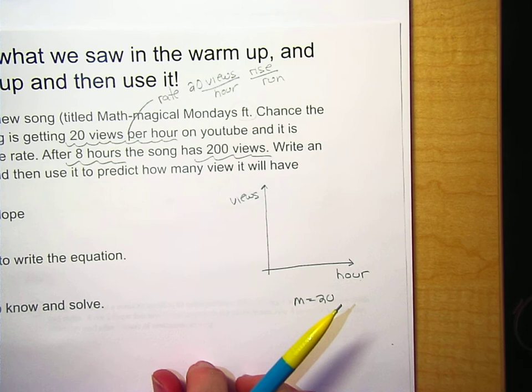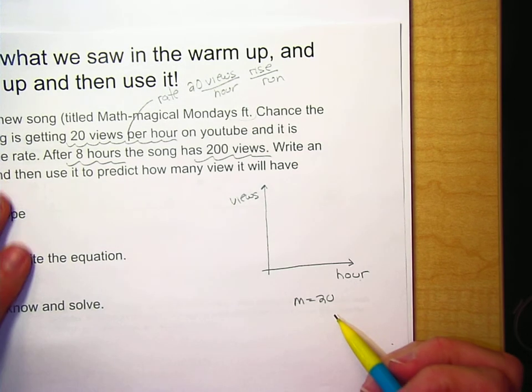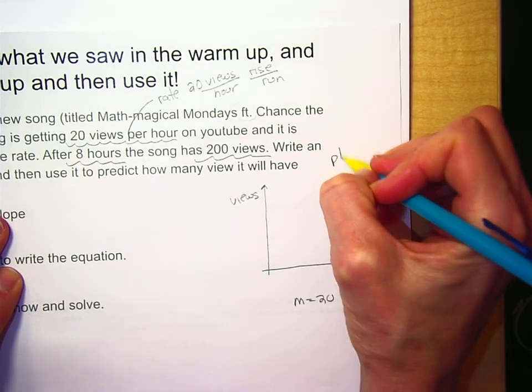So let's keep reading. It says right now the song is getting 20 views per hour. So the reason I wanted to identify that as a slope is I have to write an equation for this line. And what do I need to write an equation for a line? I need a point